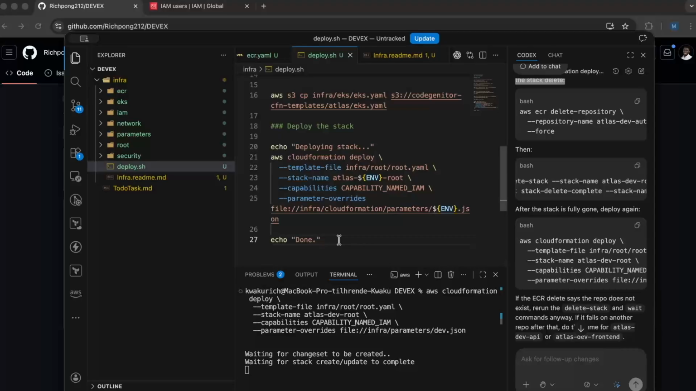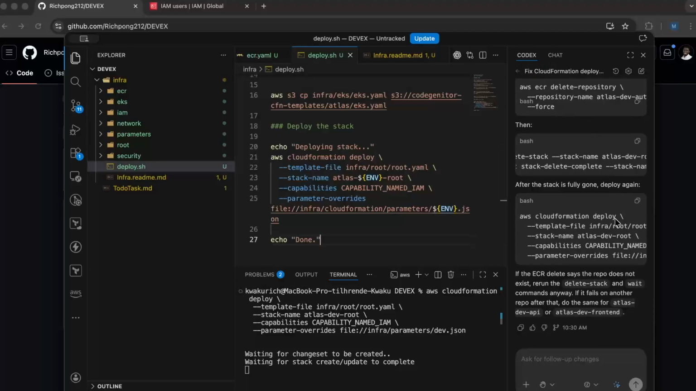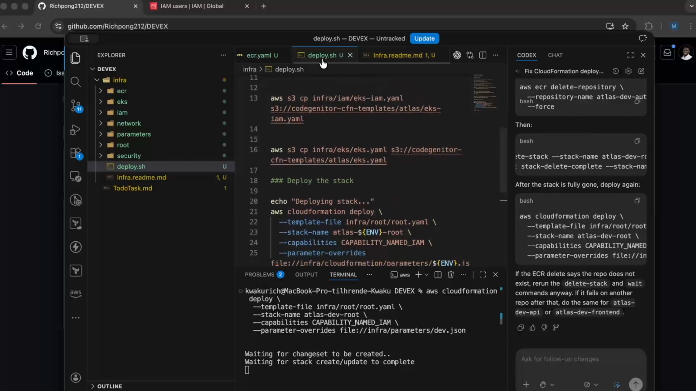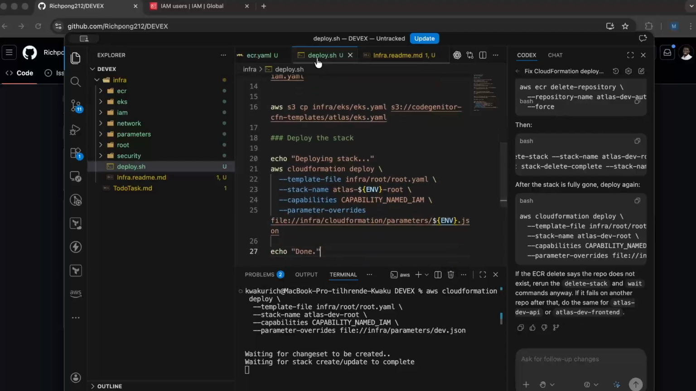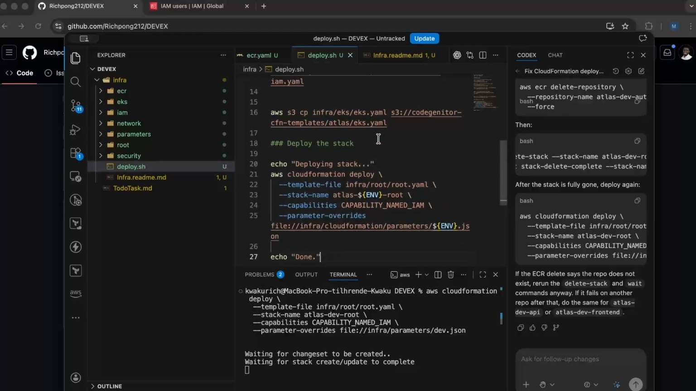I'll save my file. Now what I'm going to tell the coders is to improve our deployment script, and then also to ensure that we have another one for destroy, where we will destroy everything cleanly. Okay, so improve. If you have Claude or anything else, just use it. Okay, don't rush. So improve our